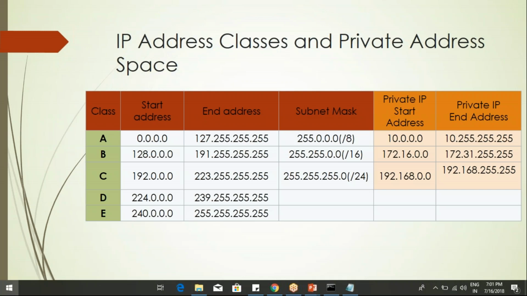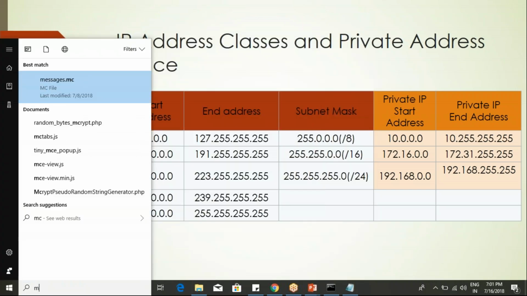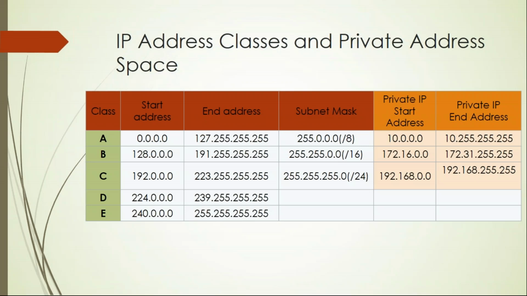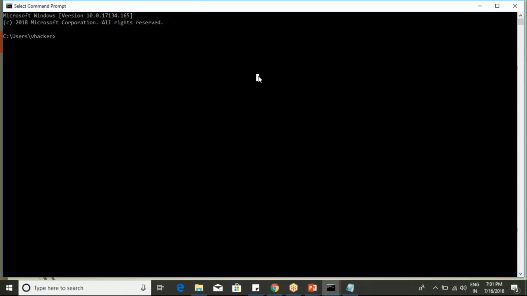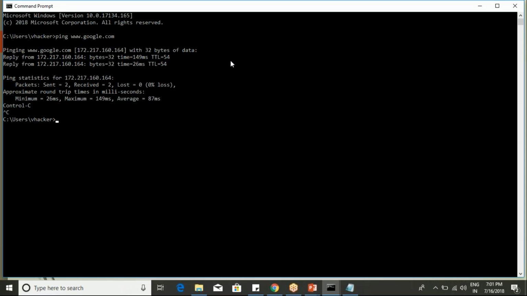Okay. So how do we see the IP address of a website? We call it the domain name. Let's take ping, which is a command: ping www.google.com. If you give a domain name, it will show the IP address. So this is the IP address. If you see this IP address,